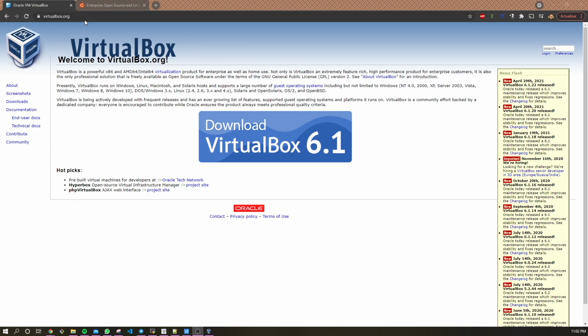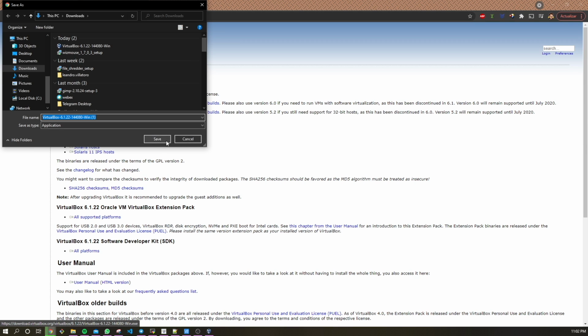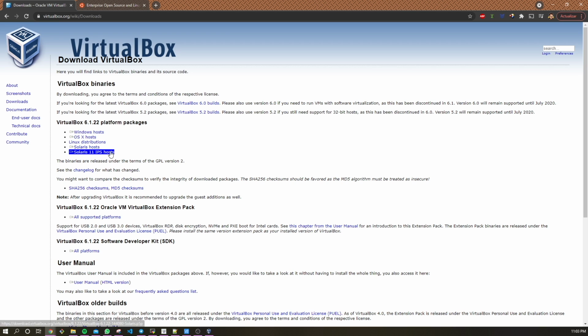So basically, we are going to go to virtualbox.org, and we click on download VirtualBox. We're going to select our operating system, which will be the host. It will be the operating system that will host VirtualBox. So for example, in this case, we have Windows. We're going to download that. Actually, I already have that. After you download it,